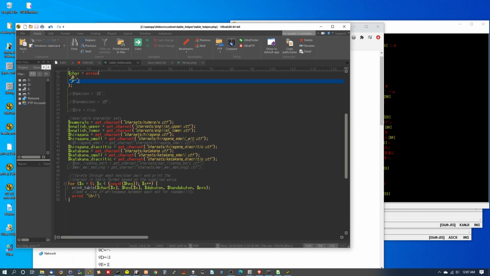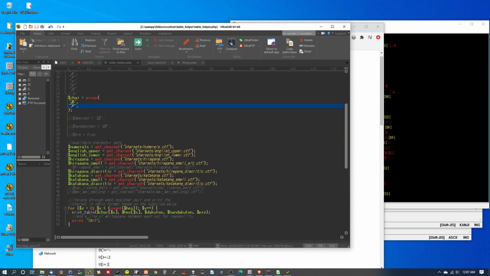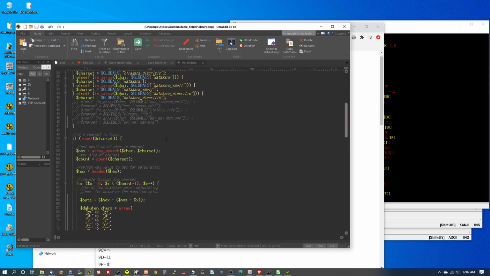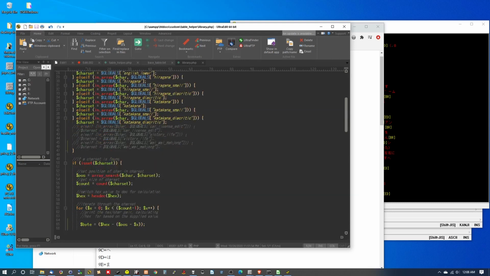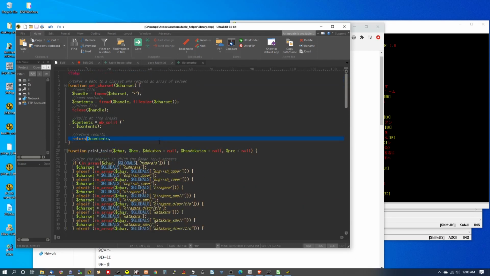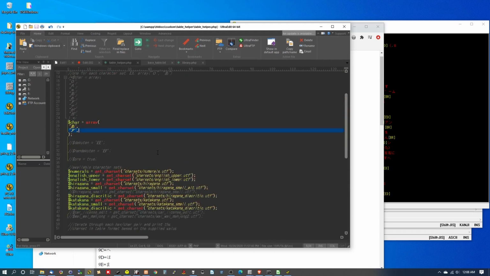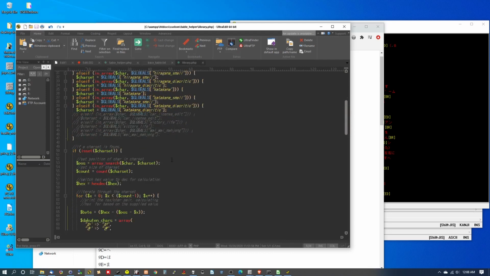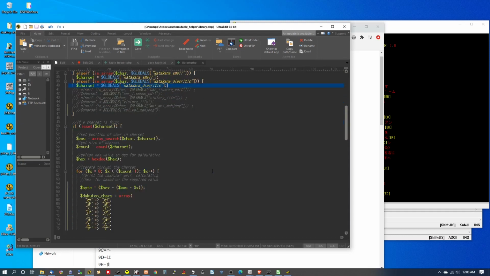But all I'm really doing here is, for each one of these that I've put in here, I just call this print table function, right? So I've got a little function library here. It's super simple. There's get character set and there's print table, and I think those are the only functions I have in here. I wanted to have a nice clean thing here, and then this can be messier, right? So this print table function loads up all these character sets, and